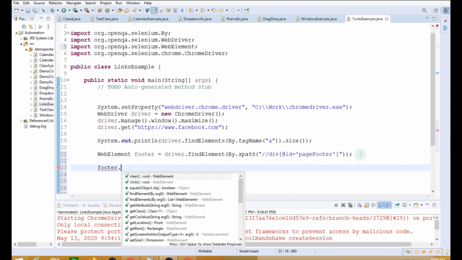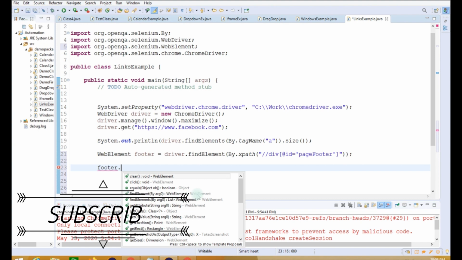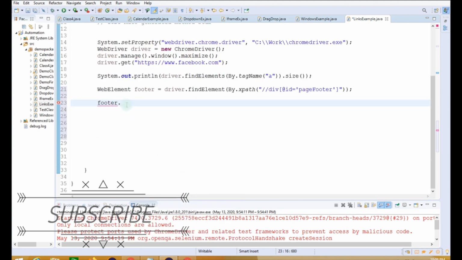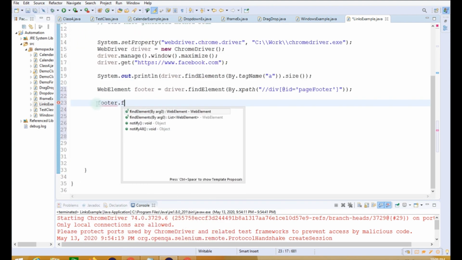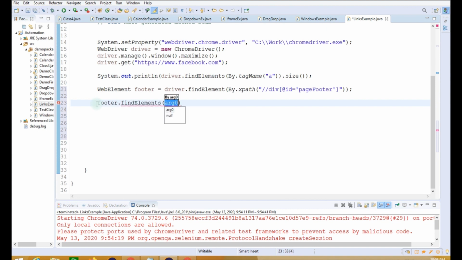So as soon as we write footer dot, because this is a web element, all the functions that are related to the web element are displayed. Dot findElements by tag name, and the tag name for link is A. So the anchor tag is the tag for links on the web page.